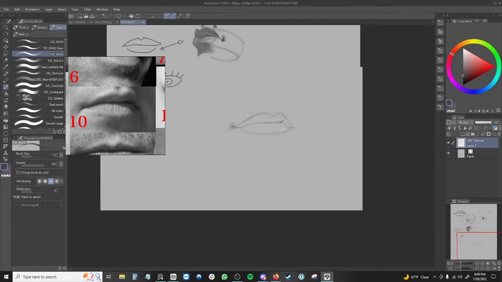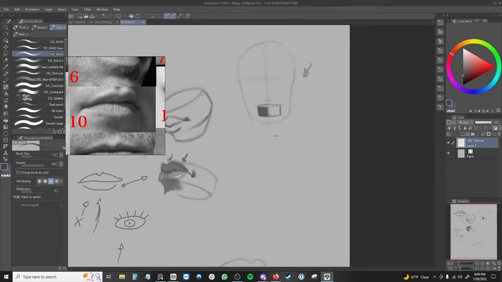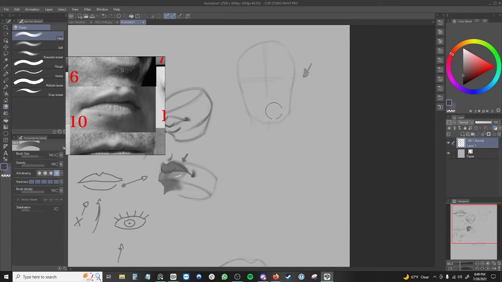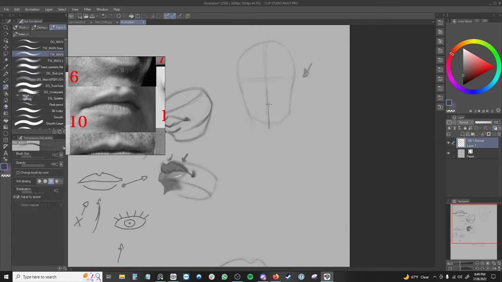And just generally, real quick about placement, the lips usually fall, on a basic head, and this is a little bit of a lame head, but I'm really just doing this to quickly explain the concept. Try to get this a little more accurate. So we have a head here. As far as placement goes,